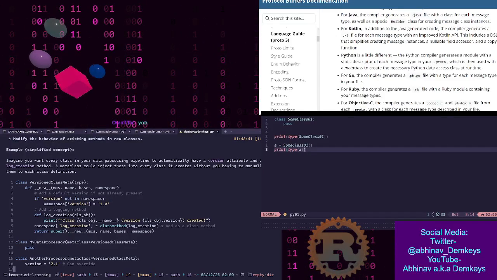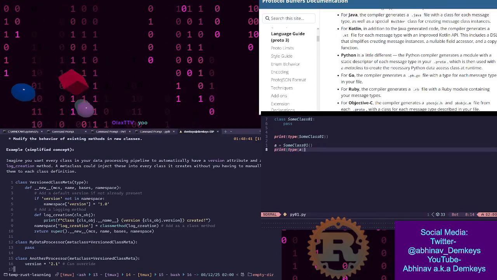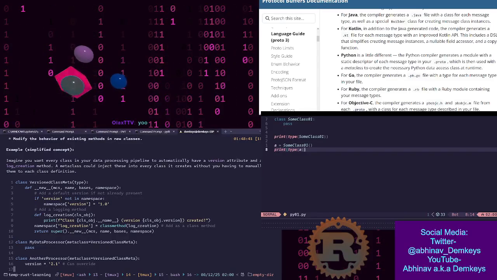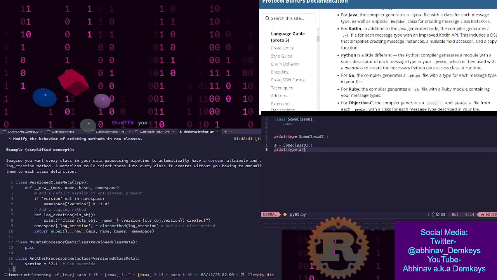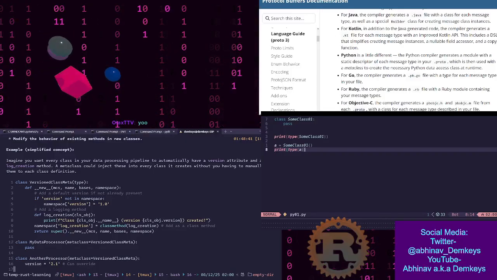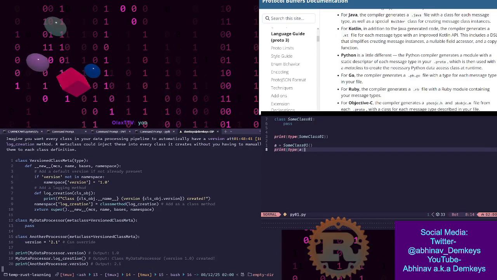A metaclass could inject these into every class it creates without you having to manually add them to each class definition. Oh, okay. So the important thing here is that it has to inherit from type, which I'm wondering what